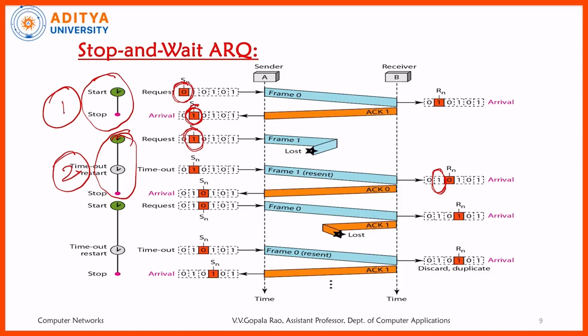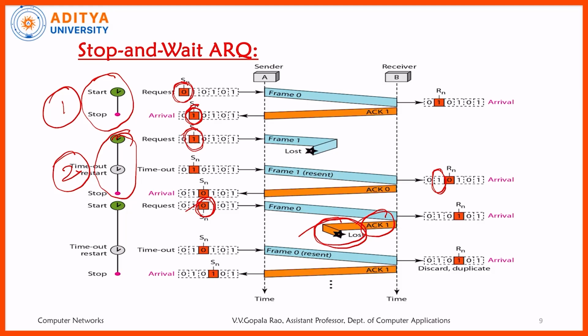Now coming to the third case. Here, if you see the figures, the sender is sending one frame, frame number 0, and it is there in the channel and is received by the receiver properly. The acknowledgement is also made by the receiver: ACK1, which reveals two important things. One, that the previous frame numbered 0 is received properly, and two, that the receiver is expecting the next frame, numbered 1. But that acknowledgement is lost because of some problems in the channel.